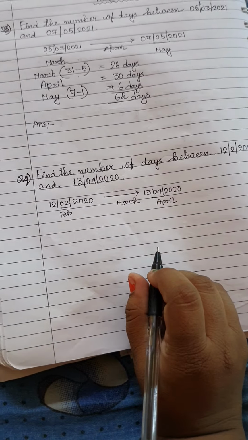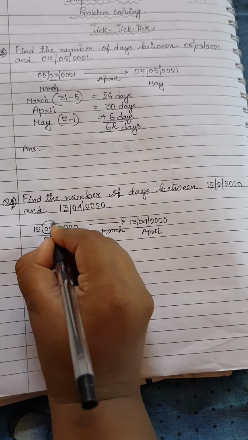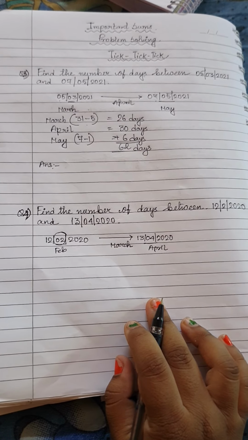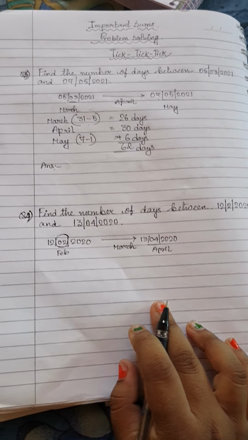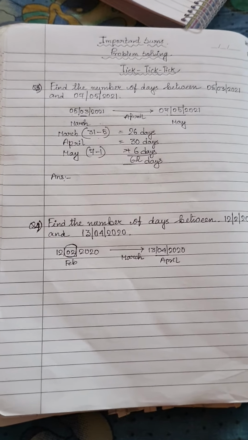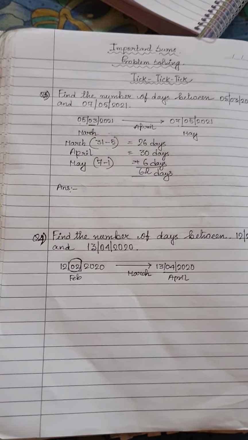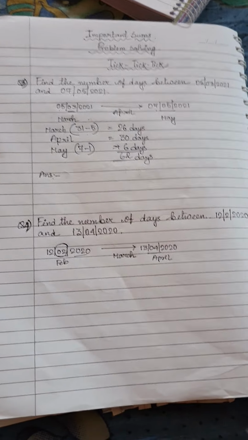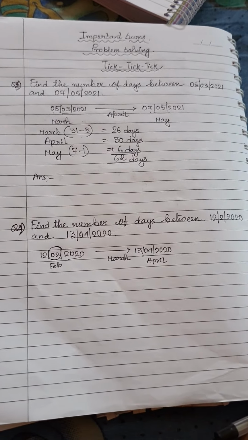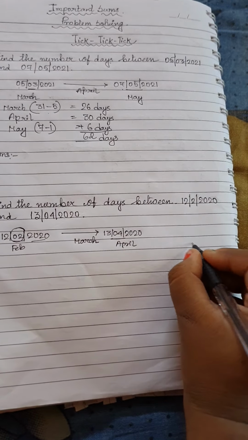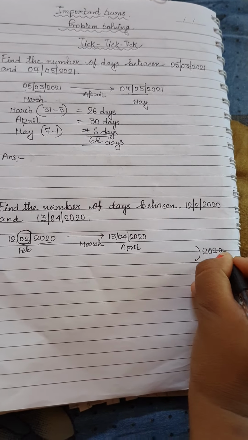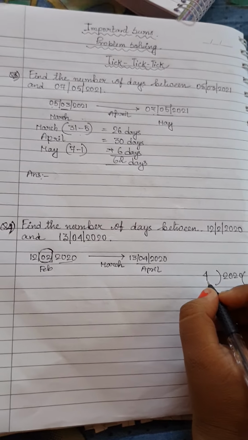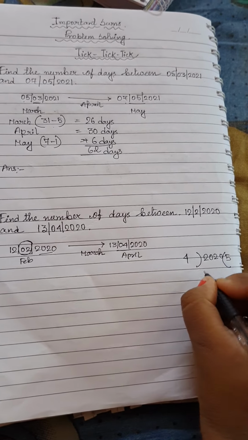Now, whenever in any sum of this type February comes, you have to think one thing: sometimes in February there are 28 days and sometimes there are 29 days. You know when February has 29 days? Yes, in a leap year, February has 29 days. So you have to find whether 2020 is a leap year or not. To find that, you have to divide the year, that means 2020, by 4. And if there is no remainder, that means this is a leap year. Okay, so let's do the division. 4 5s are 20.